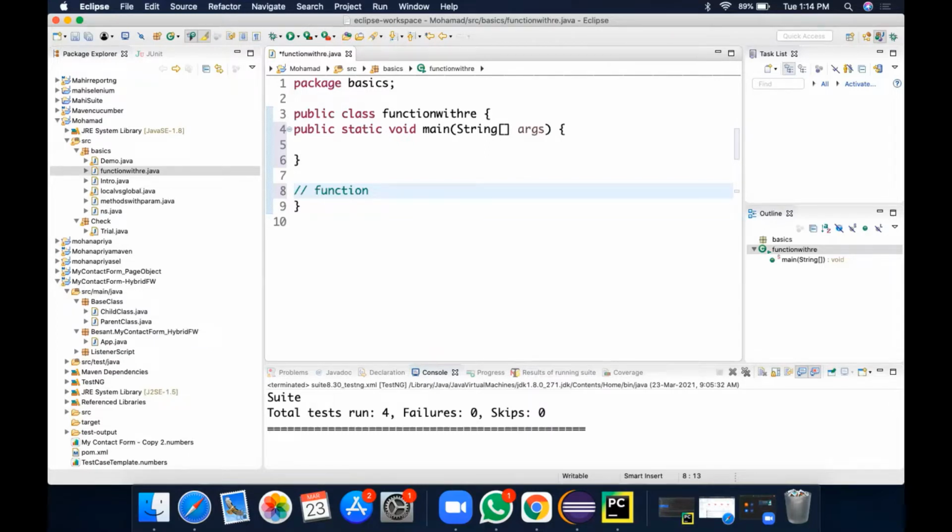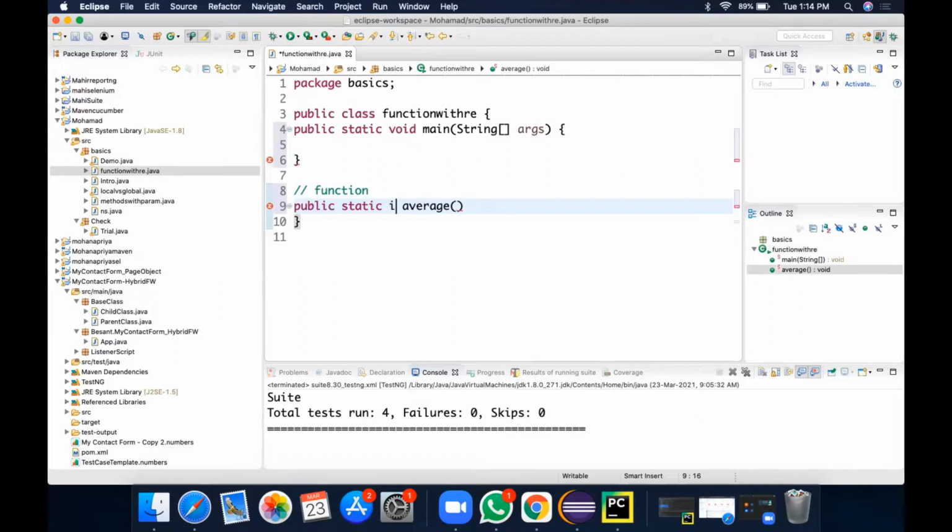Now I'm going to create a function with return type. So far we have only created it like this: public static void average. But now I'm going to use a different return type here. Let it be double. So I'm giving public static double average, and this method is going to return something. So far, we created functions that execute whatever code is present inside them. But now this method is going to give you something, returning something.